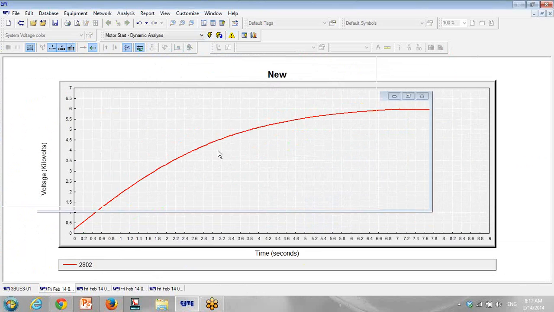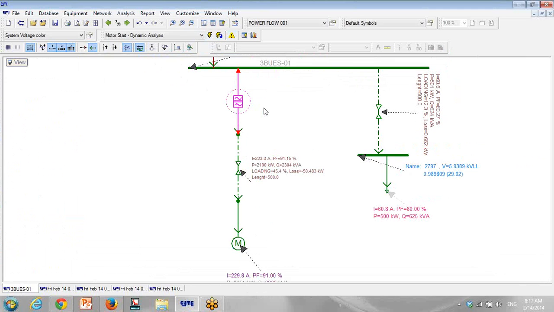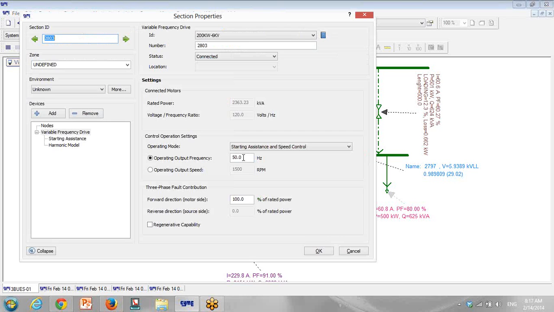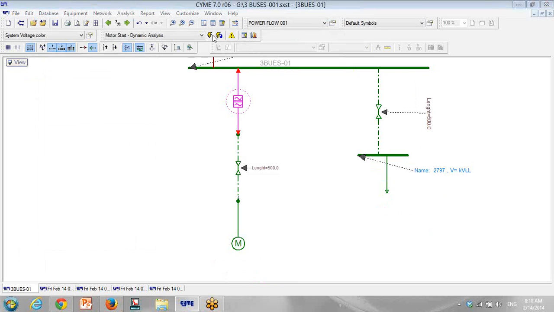Okay, what else I want to do is change the frequency of this VFD. I click on 25 Hz and then again run the analysis. So I click on 25 Hz and again start the motor,